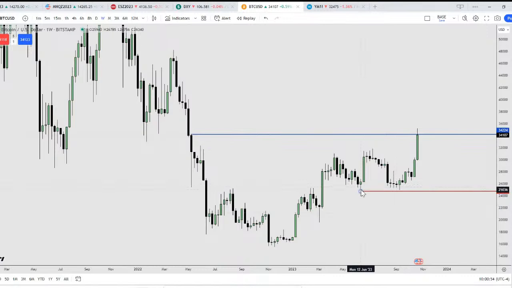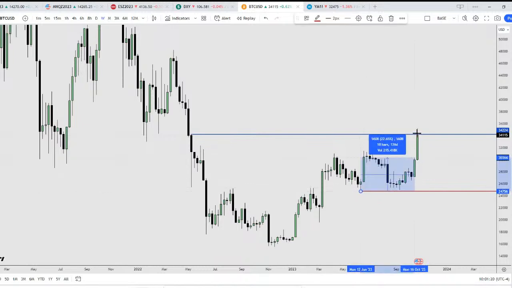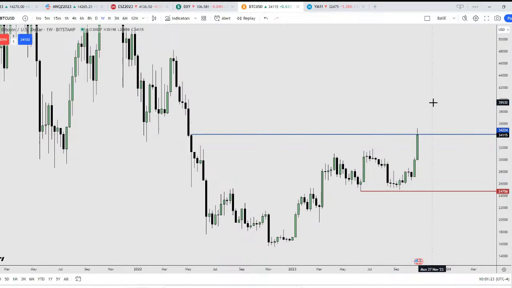It took 133 days, about 4 months, to hit this level here. Okay, that's pretty long. But if you consider the gains, it's not too long to ask for, to see this type of gains. How much gains was this? 37%, not too bad in the span of 4 months. So basically an average, you can round it off, about 10% per month. Not too bad. So this is Bitcoin here.